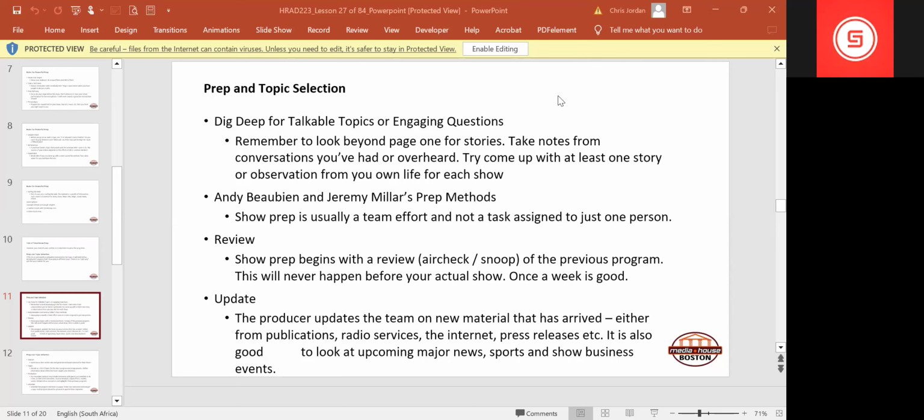Okay, right. As I said, we're continuing with the first point there. Dig deep for talkable topics or engaging questions. So we're talking about scrolling, and you can stay on the net and spiral into a black hole forever. Genuinely forever. That's how much information is out there. Plus, every single day, more information is added to that endless sea of information that is already out there, right? So know that you need to scroll with purpose.